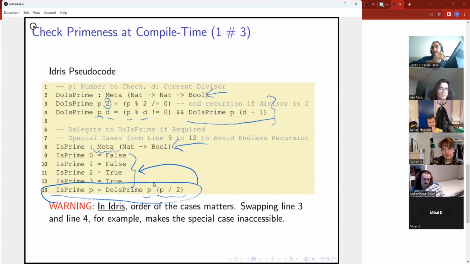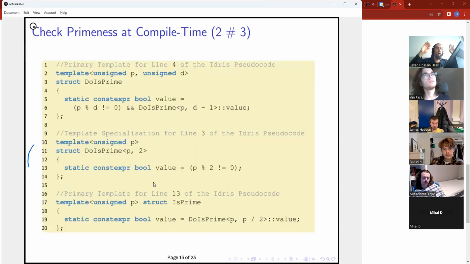The logic is relatively clear. Whereas here, there's a lot of syntactic noise going around, which hides completely the logic.